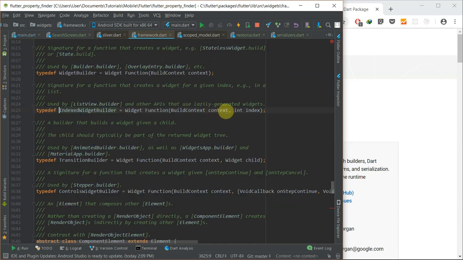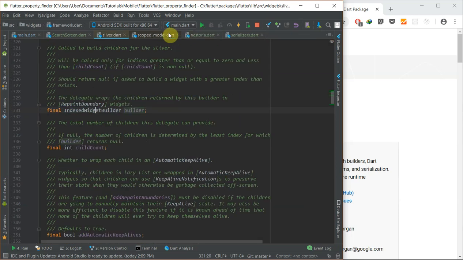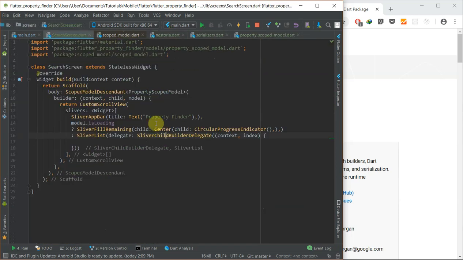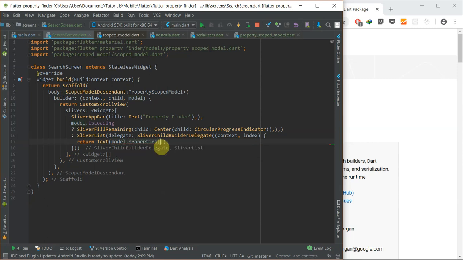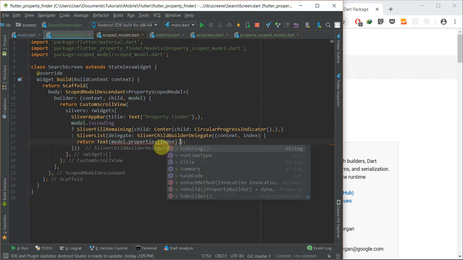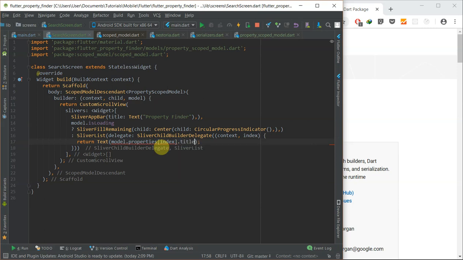So cool, context and index, I'm correct. So it's going to return Text widgets and model.properties[index].title. And one more property of this sliver list is